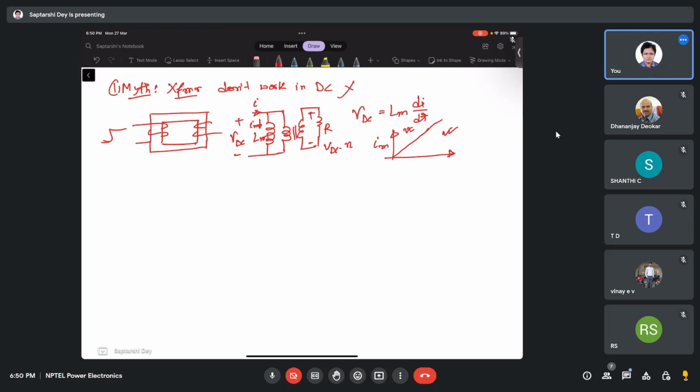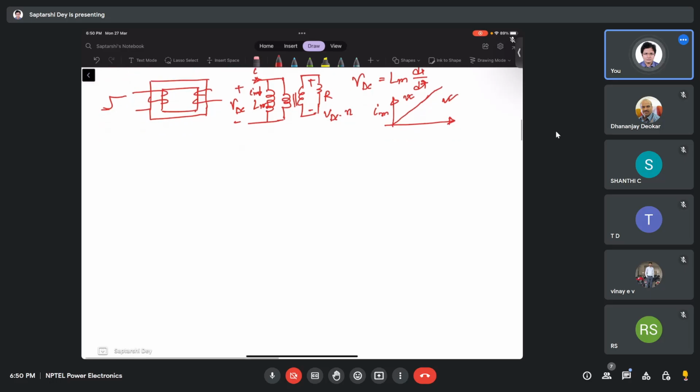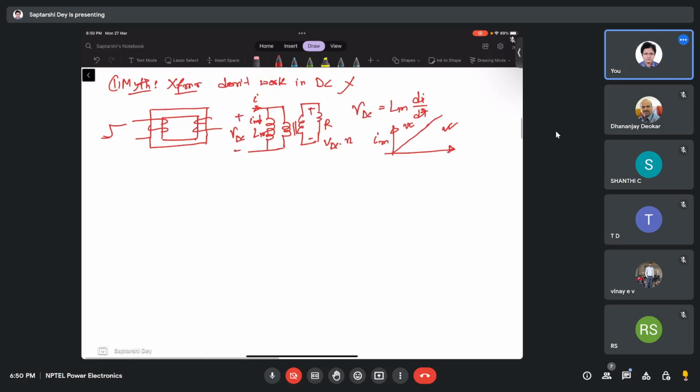That is why transformers don't work in DC at steady state. Okay, so transformers do work in DC, but in the transient zone. At steady state they do not work in DC. But the thing is, in case of, say, if I take the example of a forward converter,